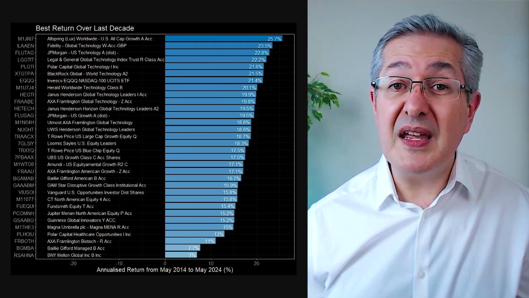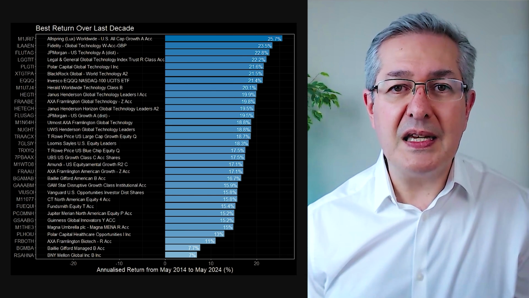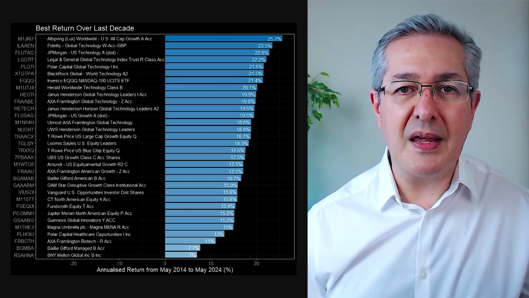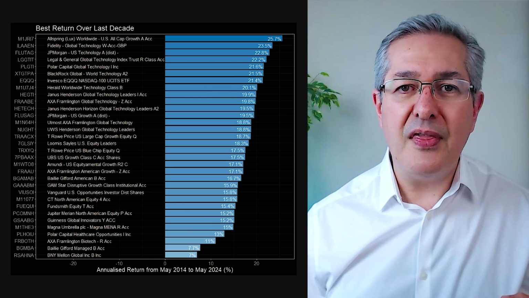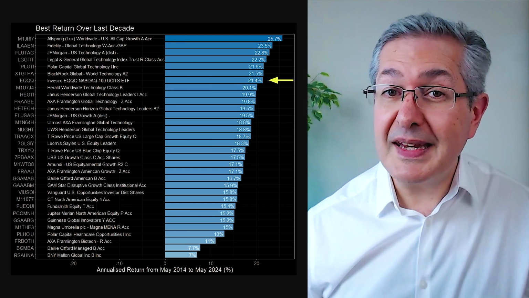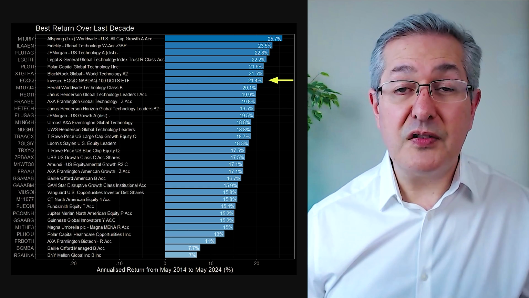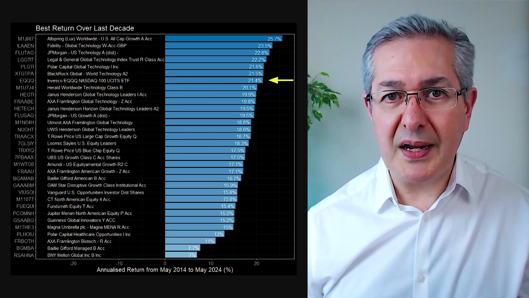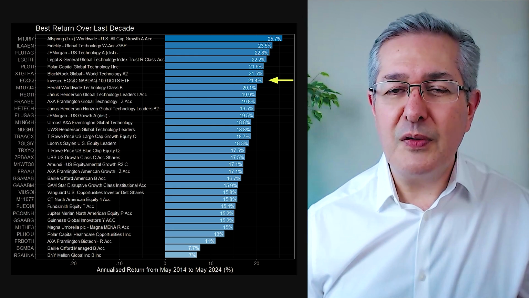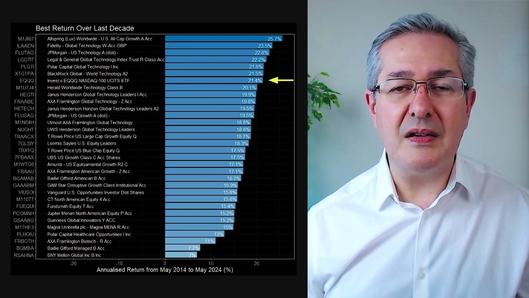In fact, there are 3 themes that dominate this table. Technology, the US, and then finally, the style of investing called growth. These are companies which are aggressively growing their profits year on year and thereby generating a high total return. Now I have put in a rogue fund here, I don't know if you've noticed, it's EQQQ. That's a sterling denominated NASDAQ 100 tracker. The NASDAQ 100 is a technology focused US index. So this passive fund has a fee of just 0.3% and yet it's beaten a lot of these